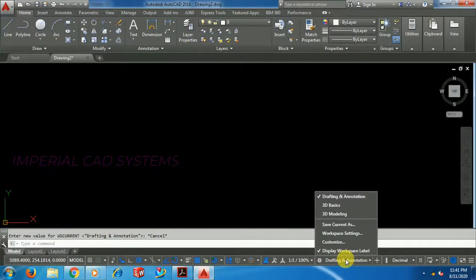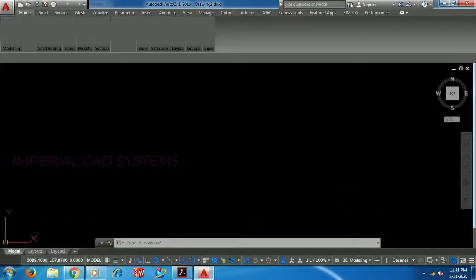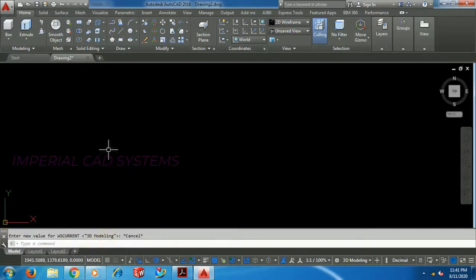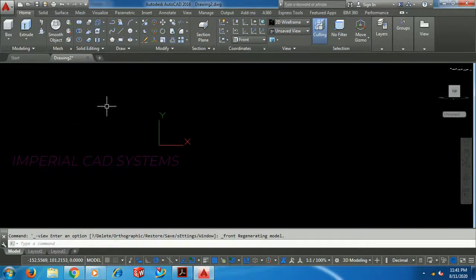Select over here workspace switching, get into 3D modeling. Select view here, select front view. I'm not creating that profile on top view, I'm creating it in front view.